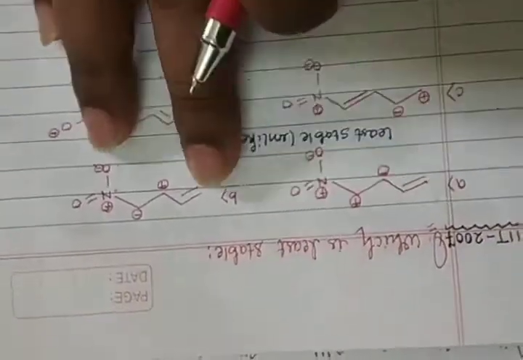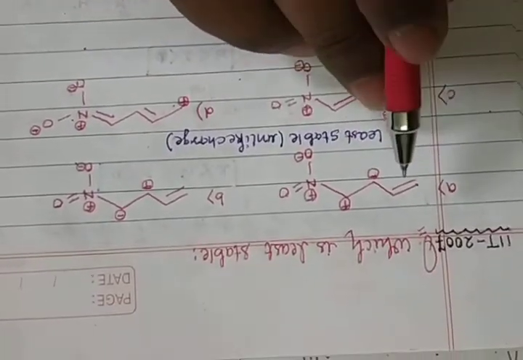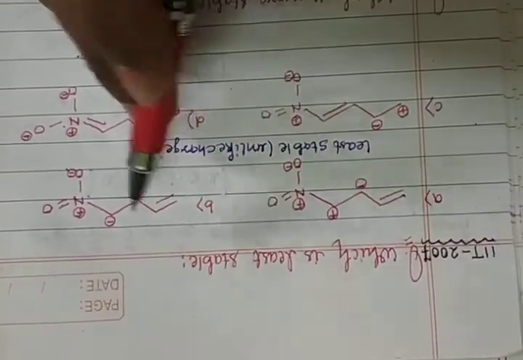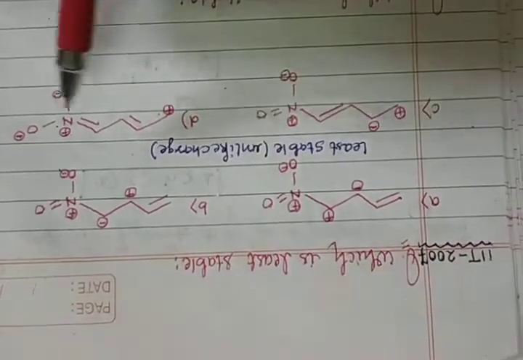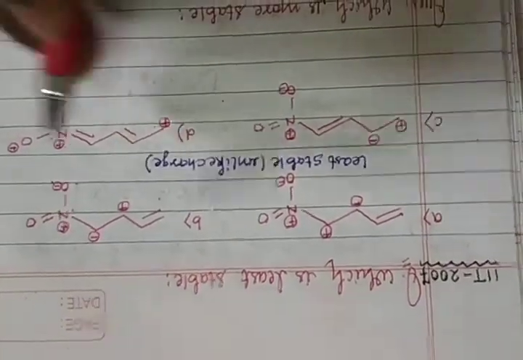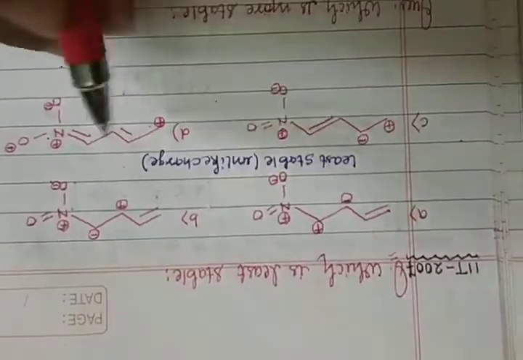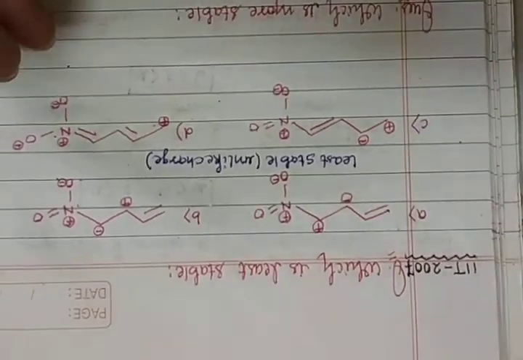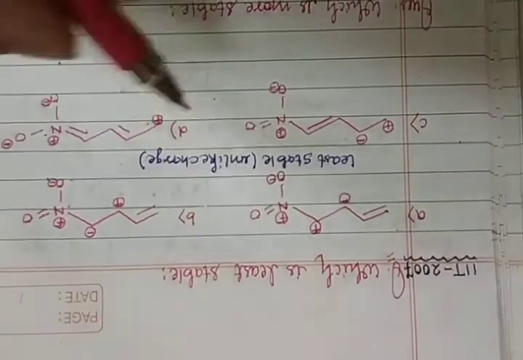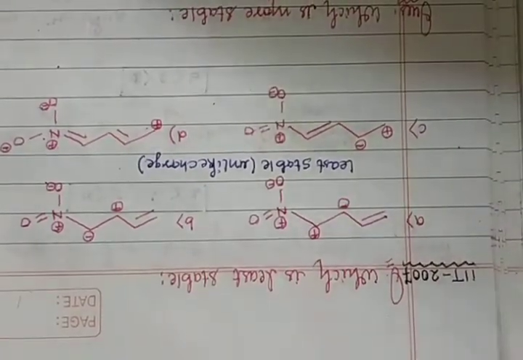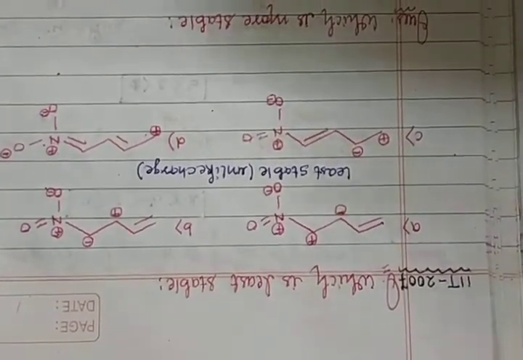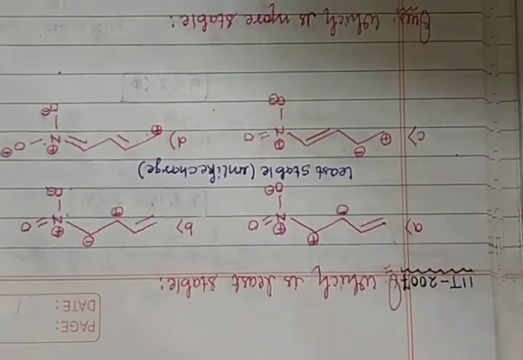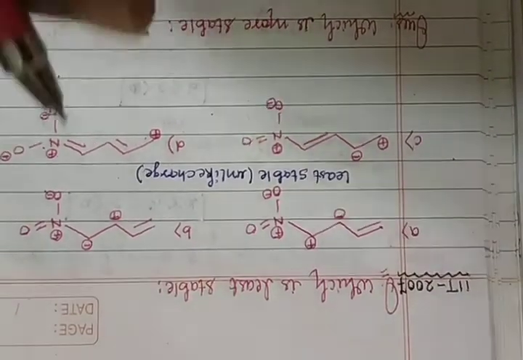Now I have an example. Suppose you have a compound, which is least stable? So first you check, there is 1, 2 bonds, and there are 2 double bonds. So first you check the covalent bonds and the charges, right? Okay, so now first you check unlike charges and like charges. Just check like charges.